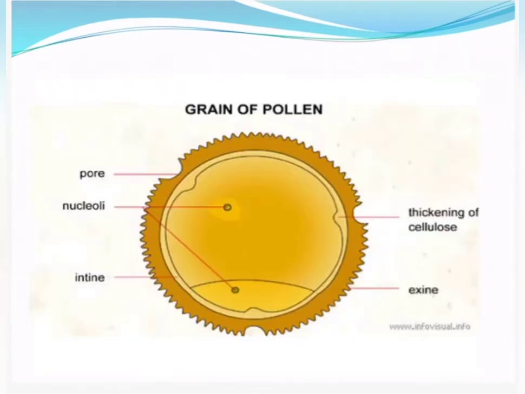So this is a picture of a pollen grain where we can see the outer layer that is called the exine, and it is made up of sporopollenin. The inner layer is called the intine and it is made up of cellulose and pectin. In the wall of exine we can see some prominent apertures that are called germ pores, and from these germ pores the germ tube will arise during the development of the gametophyte. As the pollen grains are rich in nutrients, in Western countries they are used as food supplements in the form of tablets and syrup.